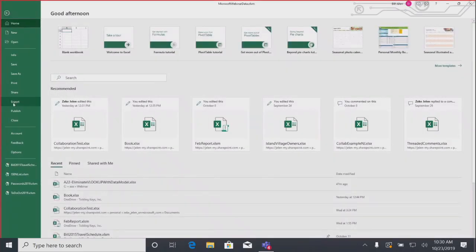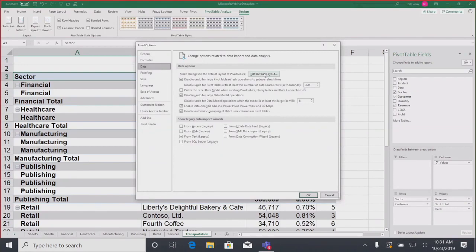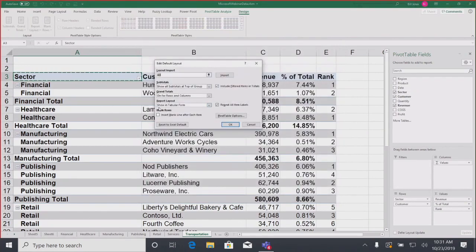So if you're in Office 365 or Excel 2019, go to File, Options, and look for this new category called Data. This button right here, Edit Default Layout. So I'm able to say all future pivot tables start in tabular form. Always check the box for repeat all item labels. And I love how much better they made it than what I asked for.